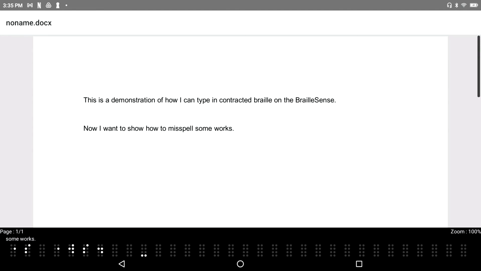Let's go ahead and look at another feature. End of document. This is a demonstration of how I can type in contracted Braille. Oh, here's an interesting word. Let's see what it means. The word Braille. So I'm going to press enter, backspace, and the letter D to bring up the dictionary and